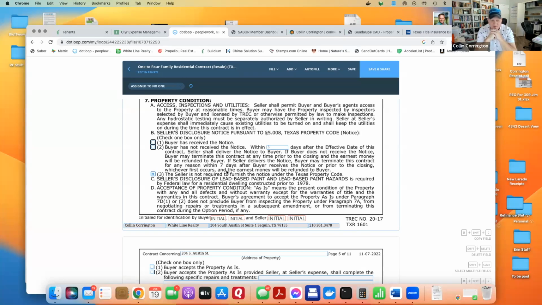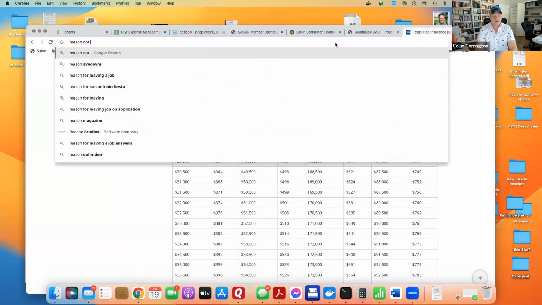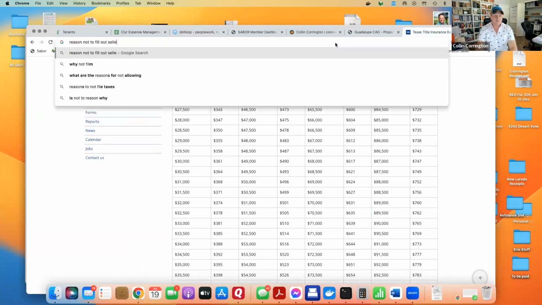Guys, I own a bunch of rental properties that I have never lived in. If I decide to sell one, I still have to fill out a seller's disclosure. It's going to be kind of crap because I don't know anything about it, but I'm going to do my best. So guys, there are 6 reasons. What is it? Reasons not to fill out. If you forget, guys, I